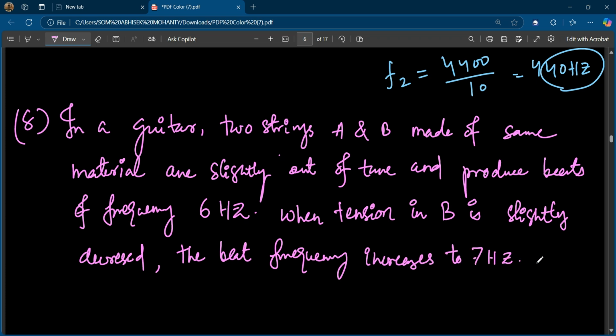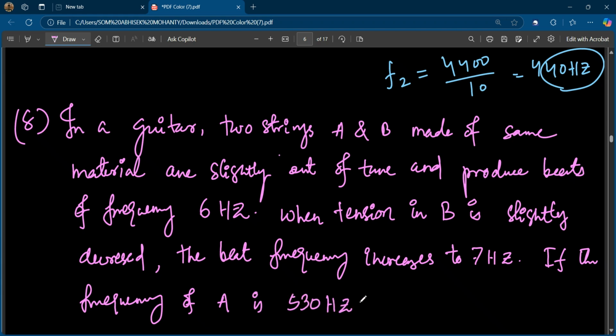Okay, 7 hertz. If the frequency of A is 530 hertz, the original frequency of B will be,